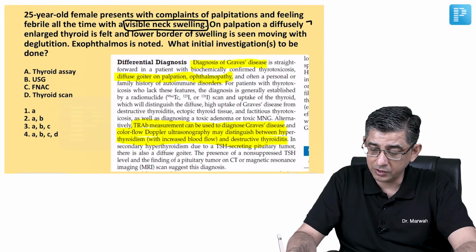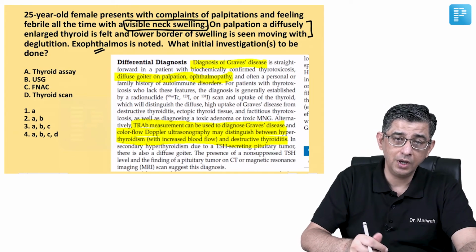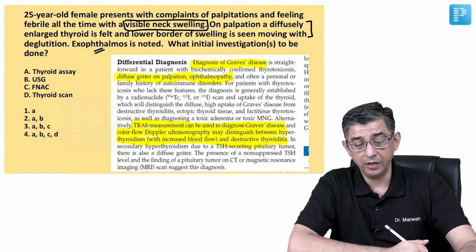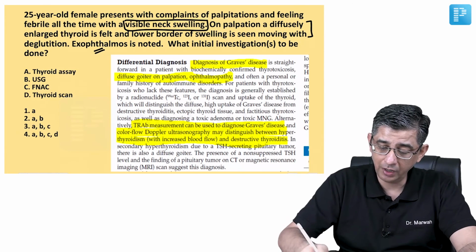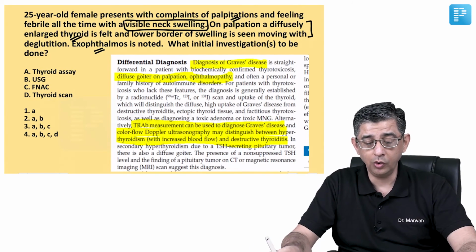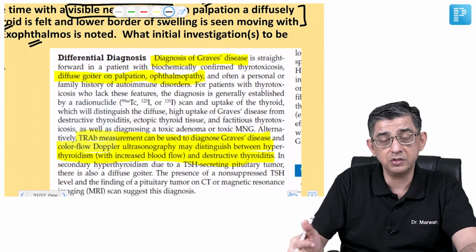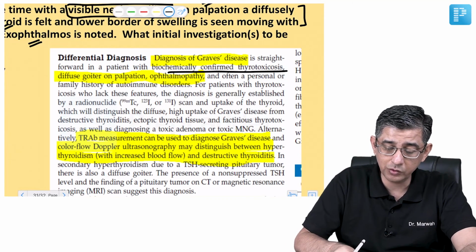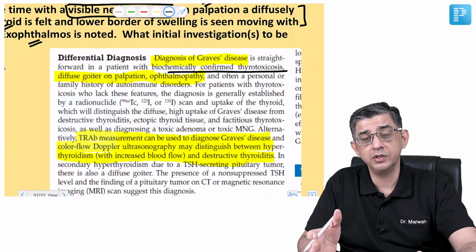So point is, this can be Graves' disease. This may not be Graves' disease. I agree. But do you get exophthalmos in conditions where there is overactivity of the thyroid gland, but Graves is not present? See, the point is exophthalmos, diffuse enlargement of the thyroid gland, and obviously a young female with sympathomimetic symptoms, they all point towards a clinical diagnosis of Graves. And this is what Harrison says: for diagnosis of Graves, which is straightforward, you just need a biochemically confirmed thyrotoxicosis, the presence of diffuse goiter on palpation, ophthalmopathy, and if possible a family history of autoimmune disorders helps in the